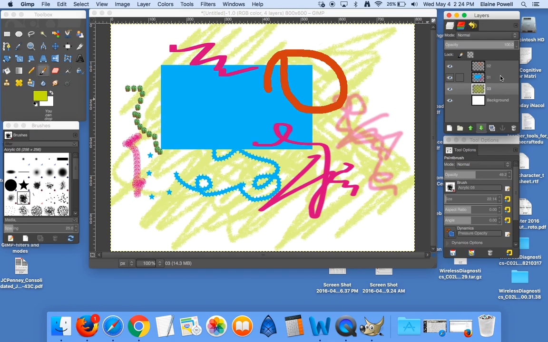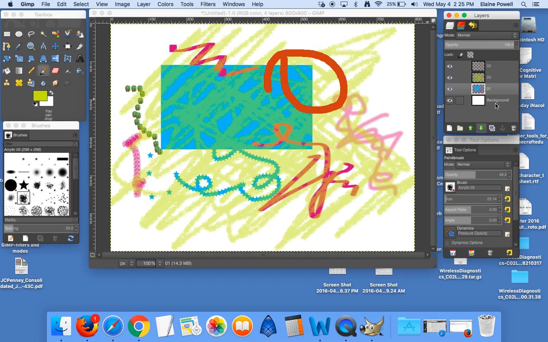So if I click on a different layer, maybe I click on layer 1 and I want to move it up, you can play with rearranging these layers in different ways to figure out how you like to have them arranged. So again, that's another great example of why layers can be so important. Okay,